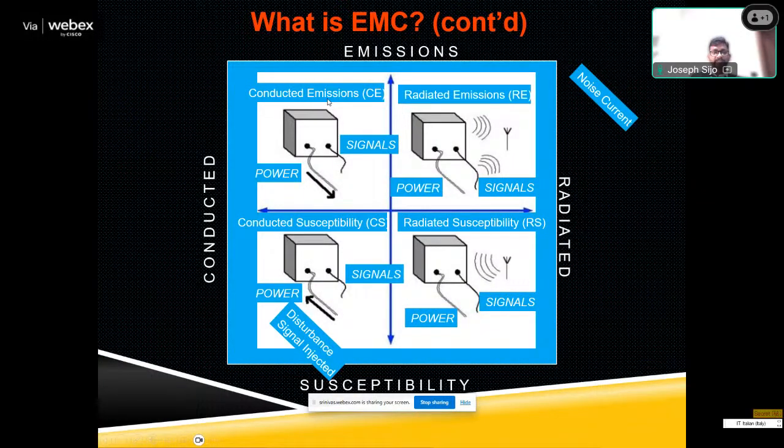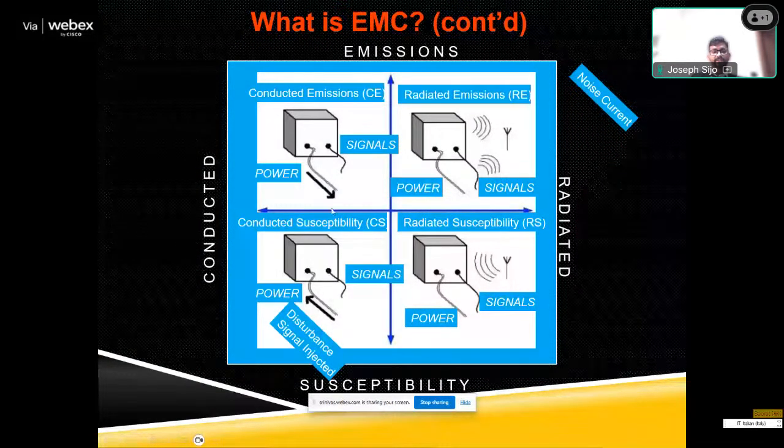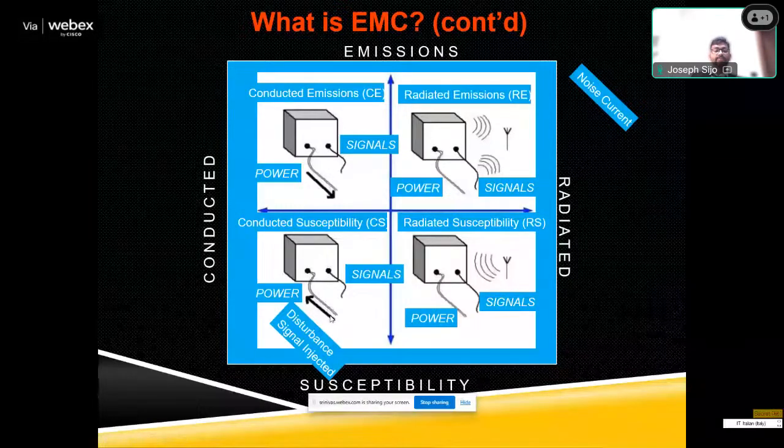Just an overview, as I explained earlier: conducted emission and radiated emission, and also conducted susceptibility and radiated susceptibility. In this section, conducted emission is the radiation emitted through the conductors, and susceptibility is the same cable receiving conductive disturbance from some other network. It will be connected to some other switching devices or some other power electronic device. So there will be a chance of